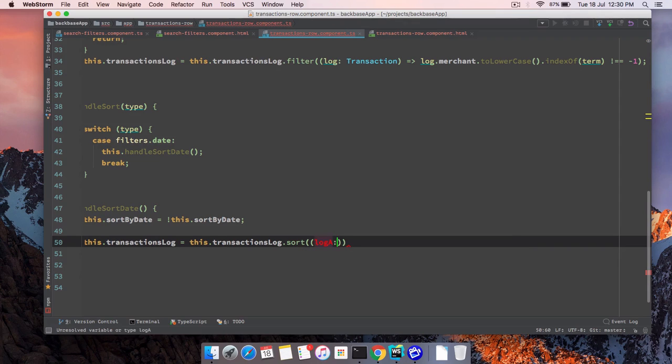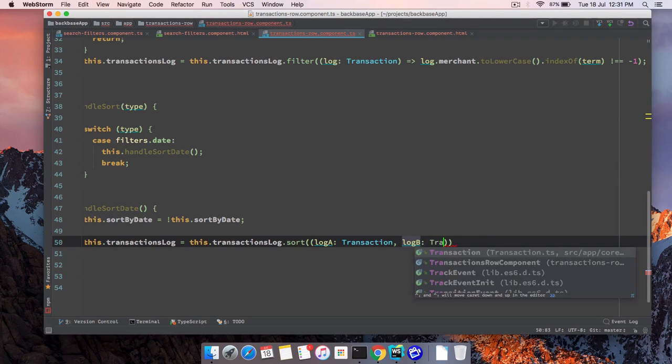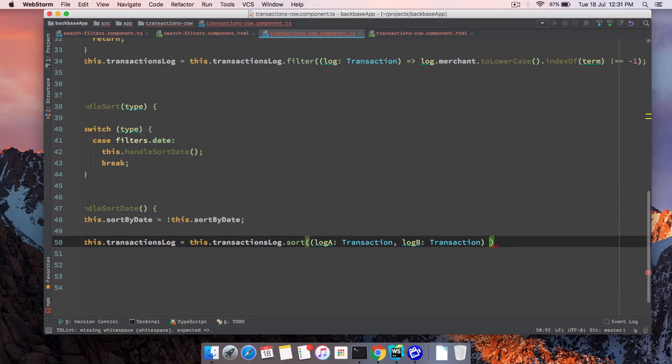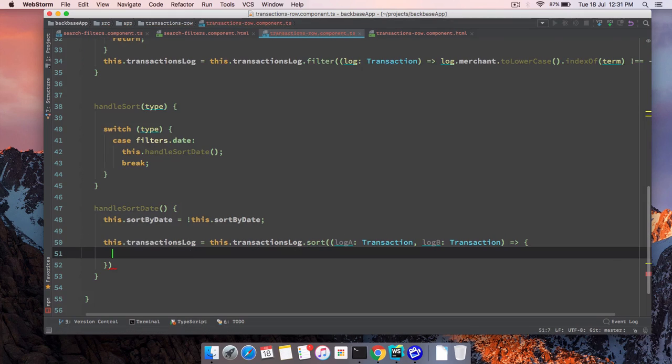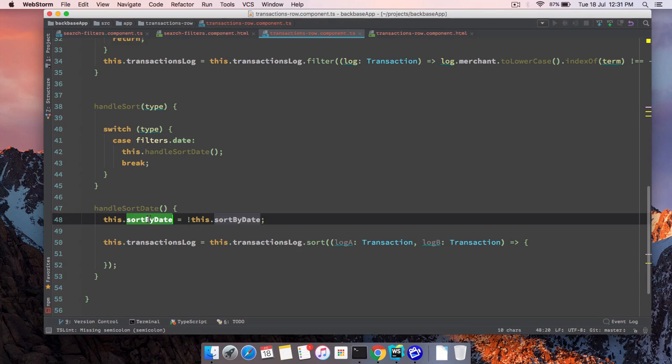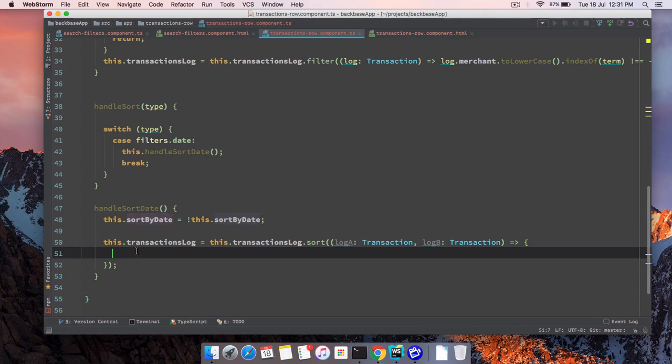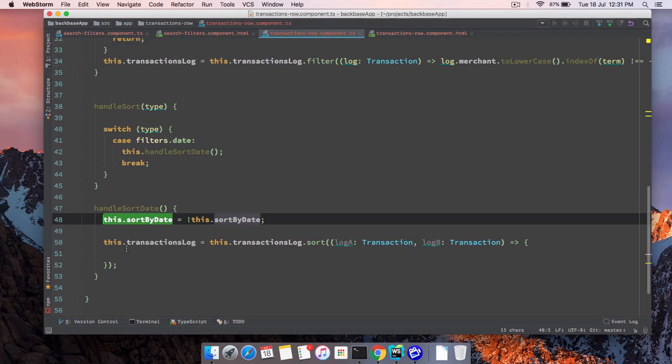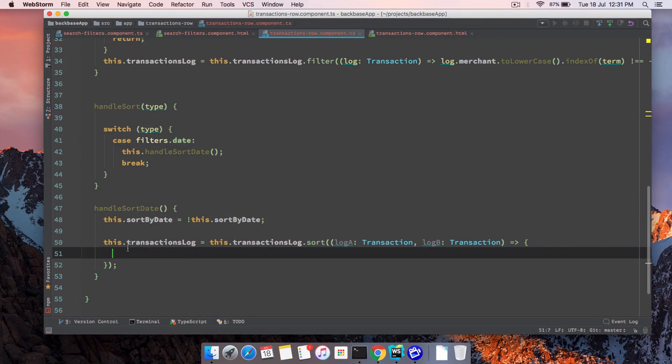So I'm going to pass log A. Log A is going to be a type of transaction, and I'm again going to pass a log B, just a transaction log, and it's going to be a type of transaction again. So over here, I'm going to do an if else condition. All I have to do is check if sort by date is set to true. Then I'm going to check for a certain value. If it is sort by date,